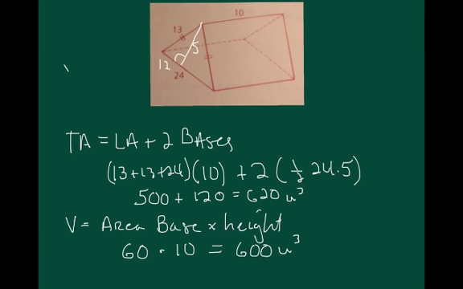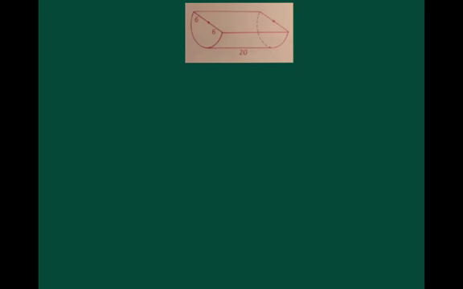Okay, Ramblers, let's take a look at number 10b, because that also causes some problems. Number 10b is kind of a half cylinder, and so they ask us to find the total area and the volume. And of course, total area is going to be easier to find first because we need to use the area of the base. That's part of the total area when we find the volume. So let's start there. This total area is going to equal